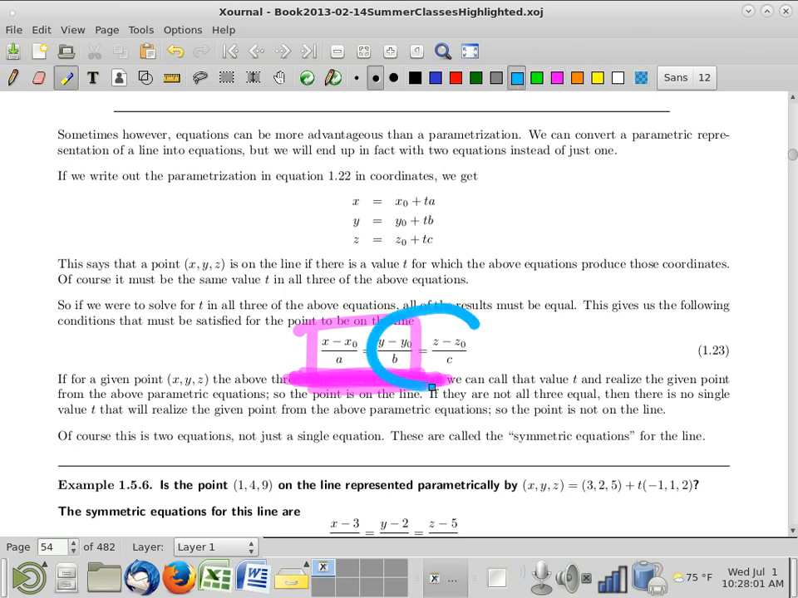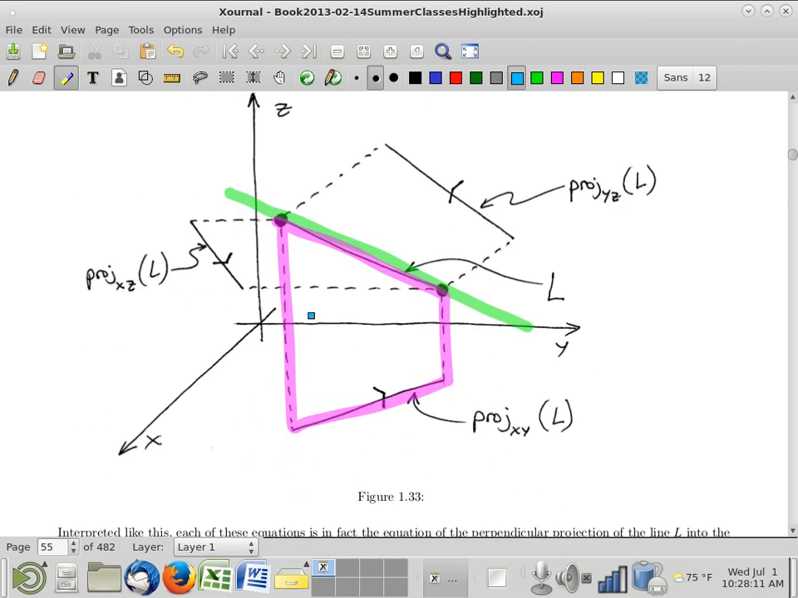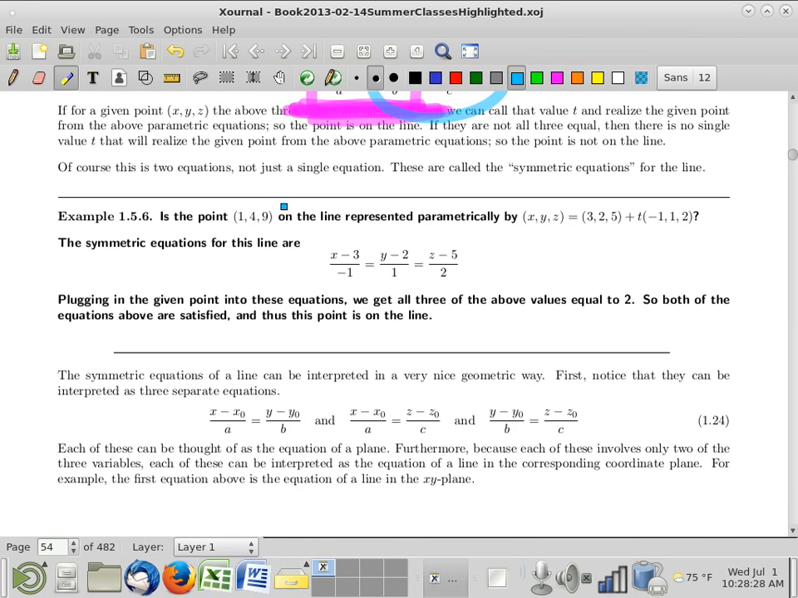This is a plane that contains the line and that is parallel to the x-axis. So it's kind of the shadow plane, if you will, if the sun were at sunset, when the sun's in the direction of the x-axis. And then the other equation,